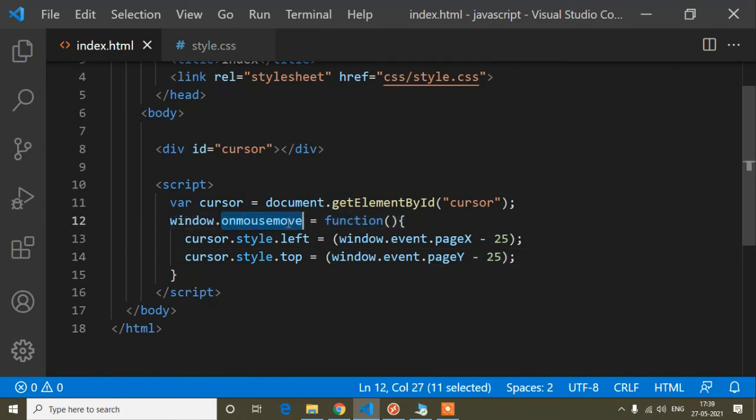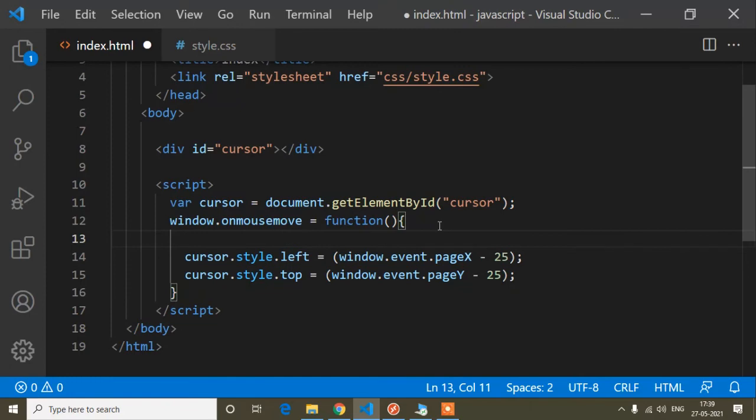When I start to move the pointer, the cursor will be displayed. So I will write cursor dot style dot display, and set the display property to block. Now save and refresh.